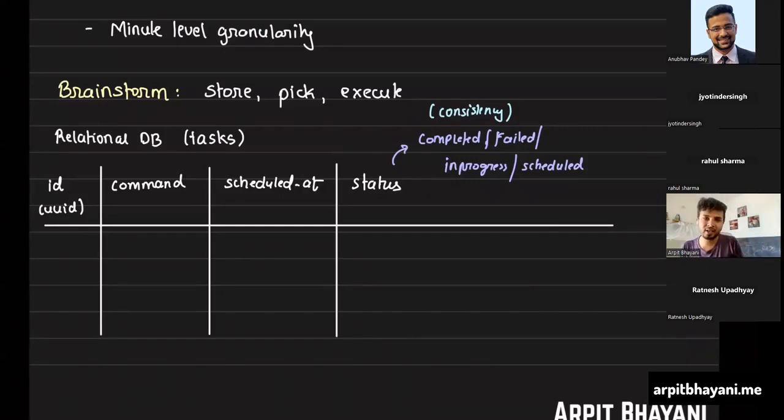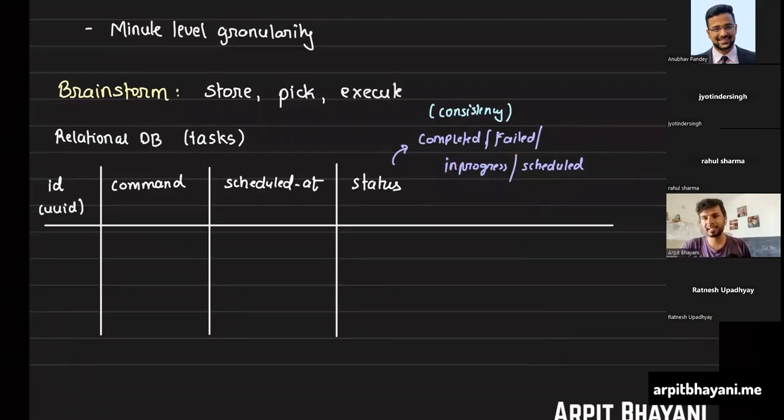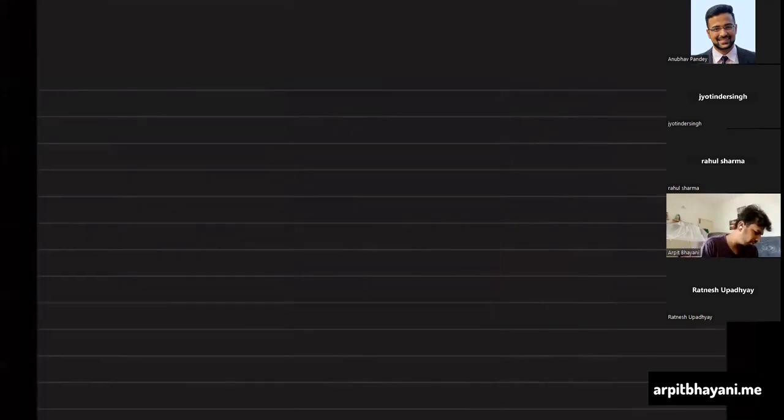Now let's start thinking of implementation. So storage, bare minimum to start with; we will obviously need to add a few more columns. You see, I left a huge space over here, a huge void. So we'll have to add more columns, but for us to build that intuition, we'll go to the next stage where we have first done the store. Now we want to pick the task for execution, right? Okay. Jatinder, how would we pick a task for execution and how would we execute? What would be the flow for that?